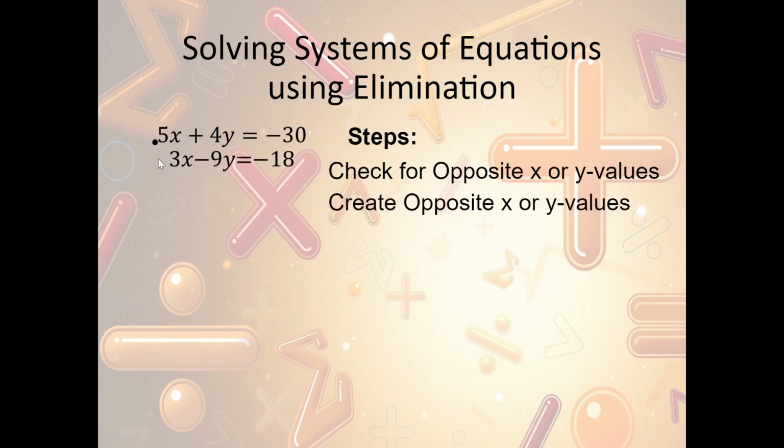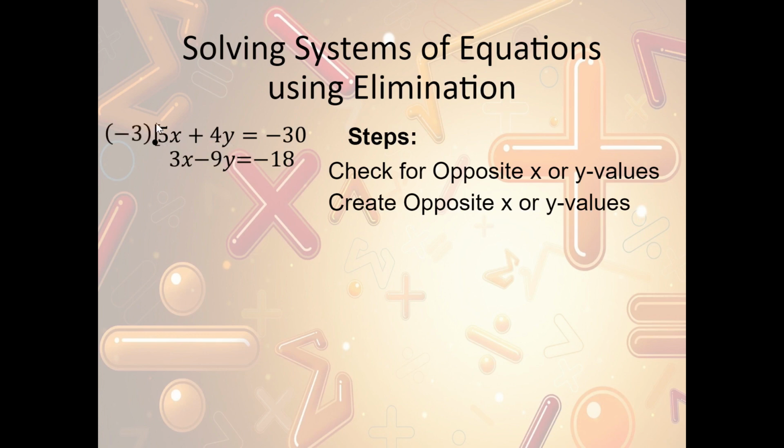So we're going to have to create opposite x or y values by multiplying. Now on all the previous ones, one of the coefficients was a factor of one of the other coefficients. So we were able to just multiply one of the equations. Now what we should notice though is I can't multiply 3 by anything to get 5. And I can't multiply 4 by anything to get 9. So I'm actually going to have to multiply both of the equations now. So I can pick either the x values or y values. Now the y values are going to get really large if I start multiplying by 9. So I'm going to use my x